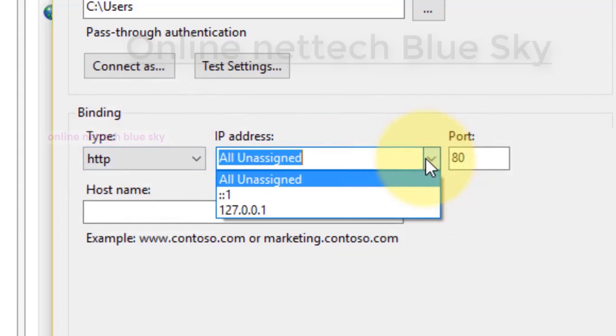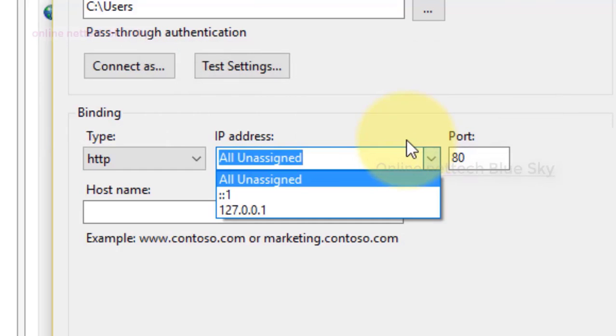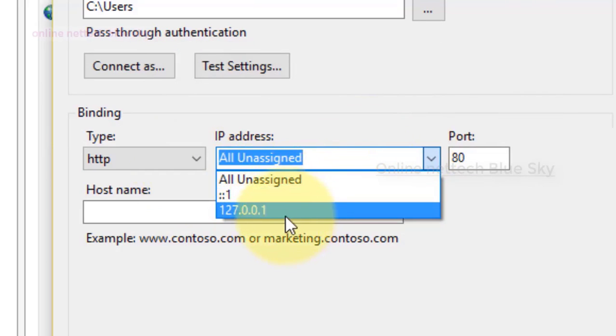You use HTTPS with it, and your website opens with this IP address. All Unassigned means any website on any of these IP addresses, but I'm just entering this specific IP address here.